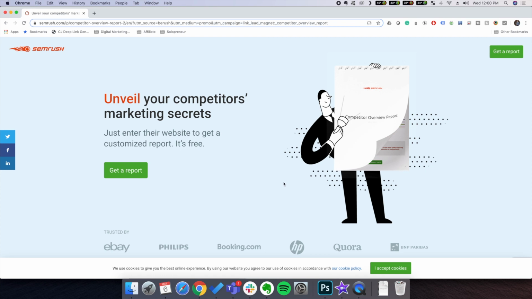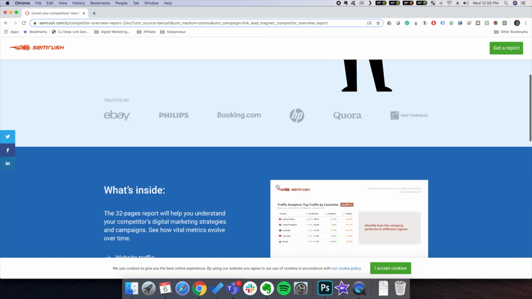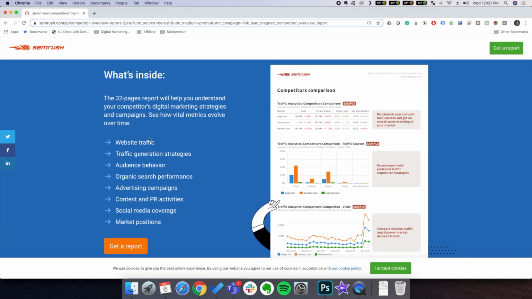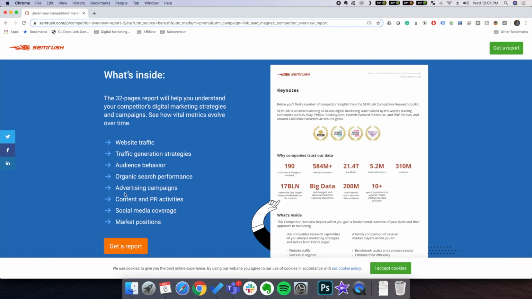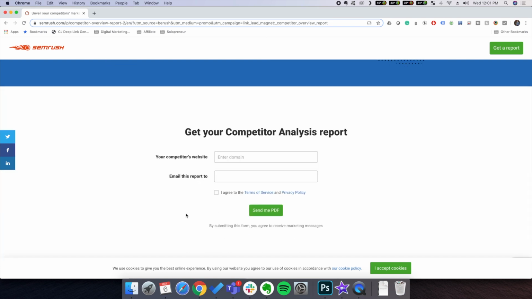So this report is courtesy of SEMrush. It's a great SEO tool which you can do all kinds of research on within. And so this competitor report is going to have information on traffic generation, audience behavior, organic. As you can see, all of this stuff, what they're doing in their paid campaigns, their social media, their market positions. And to get the report, just click the link in the description, and all you have to do is